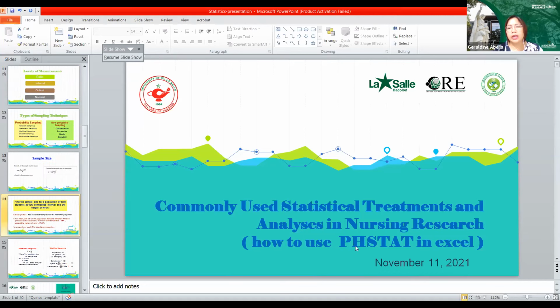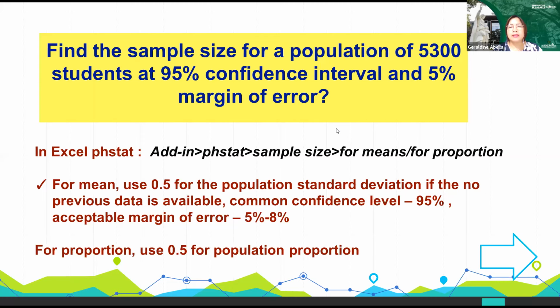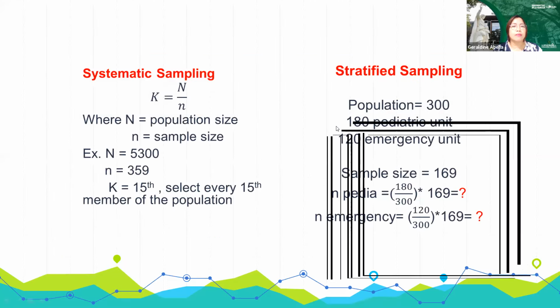So now that we have already computed the sample size, which is 359. For systematic sampling, if your research requires you to use systematic sampling, where every K member of the population is selected, to find the value of K, K is equal to the population size divided by the sample size. So if the population size is 5,300, using the population size I presented in the problem, and the computed sample size is 359, the value of K is 15. Therefore, you have to select